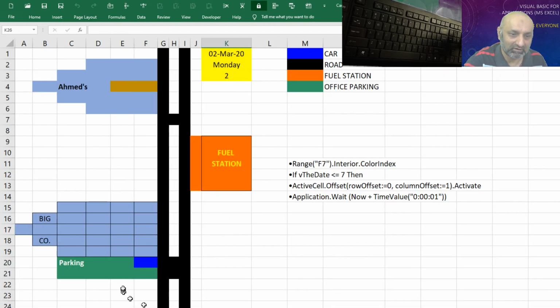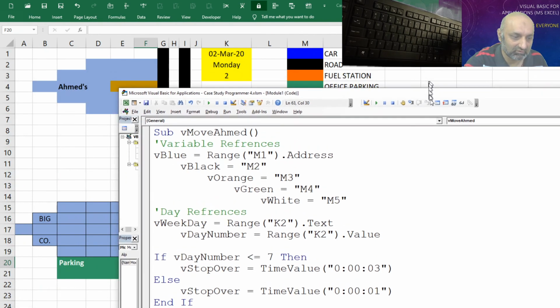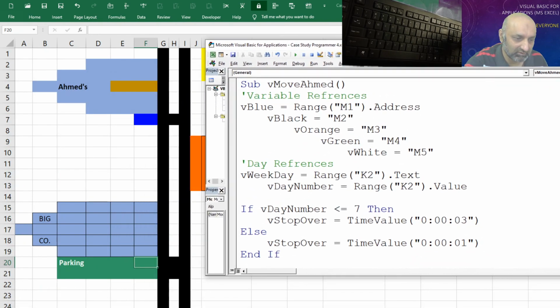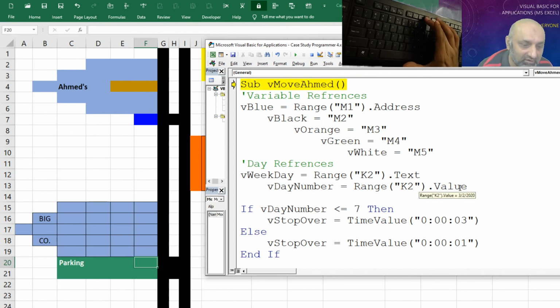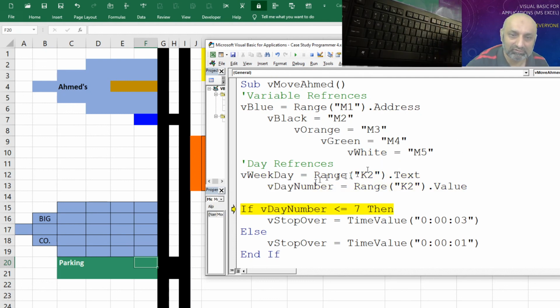Let's run it in debug mode to understand what it is doing. Developer, Visual Basic, here is our code. So let me run it from here with the F8 key. Okay, getting the values, day number. Okay, I got the mistake.